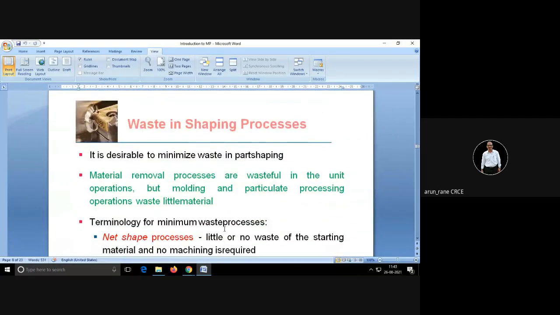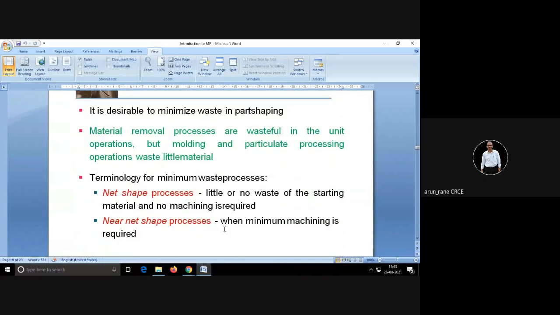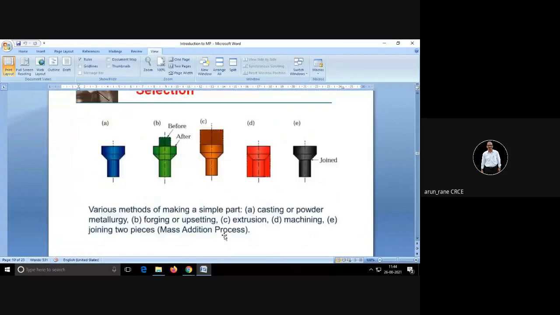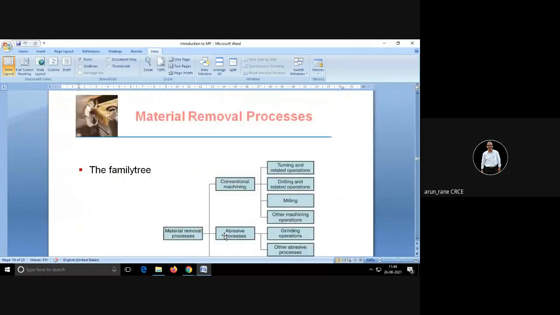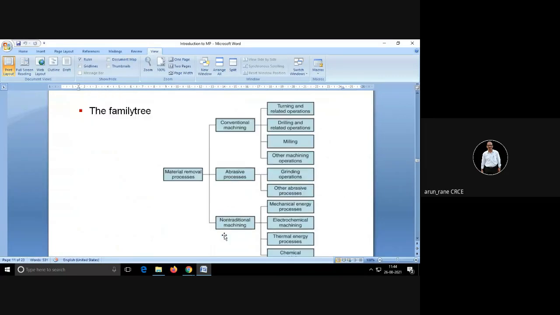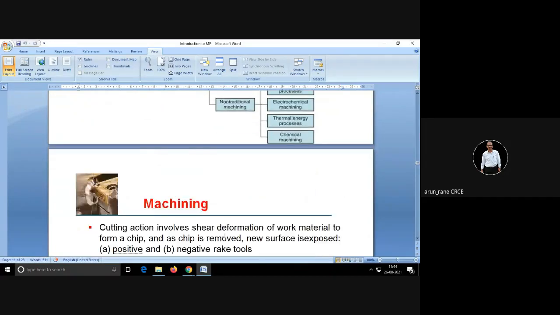Yesterday we saw some numericals also, they are done. Some students solved it also immediately. So generally the waste is more in shaping process and that is what you have to avoid. You have to minimize the waste. This is the family tree for the